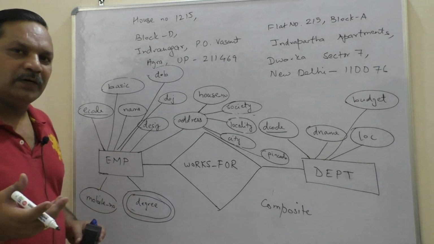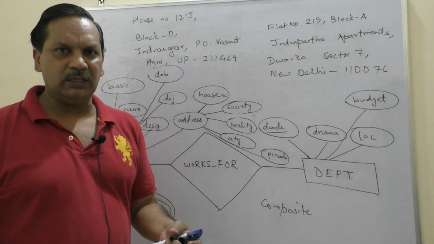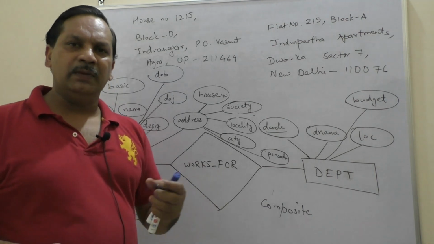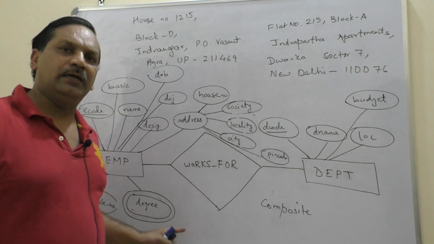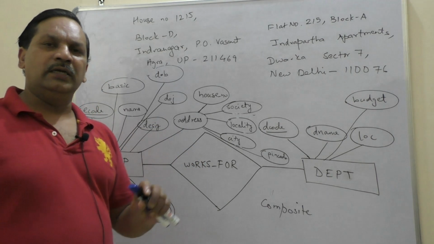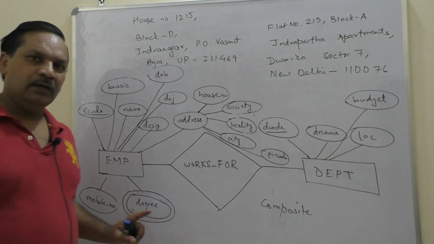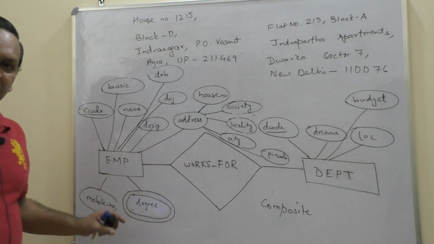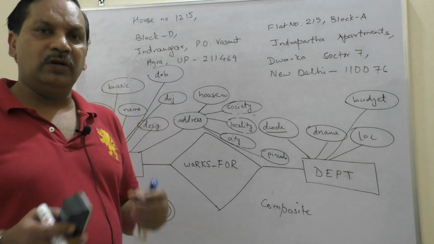Because the person could be BTech and MTech and now work in a company. Now people who are graduates of IIMs, earlier they did BTech or BBA and then they did MBA. So if I say degree, he is having a graduate degree and a postgrad degree also, now working as an employee in a company. So degree is a multi-valued attribute. Are you getting it? Because there are some employees who might be having multiple degrees, not only one degree.